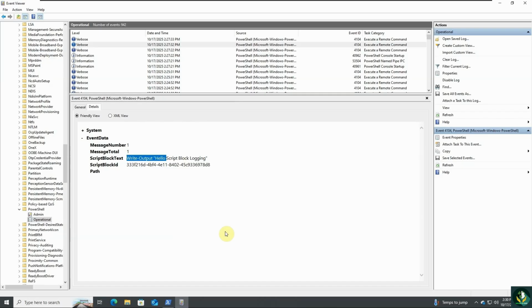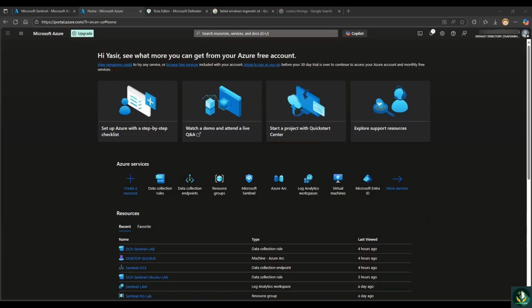Once this data starts flowing into your log analytics workspace, you can build detection rules to flag suspicious PowerShell behavior. So, congratulations, you have successfully enabled and verified script block logging. This capability gives you visibility into every PowerShell command run on your systems, a critical layer of defense for any SOC environment. Now that we know how to detect suspicious PowerShell commands using event ID 4104, we need to ensure